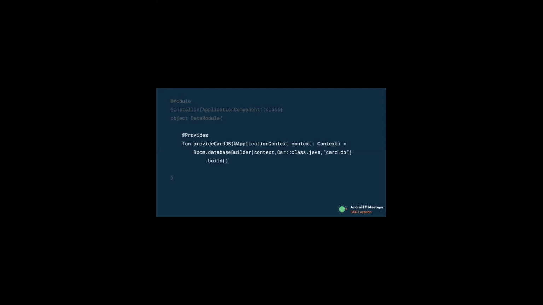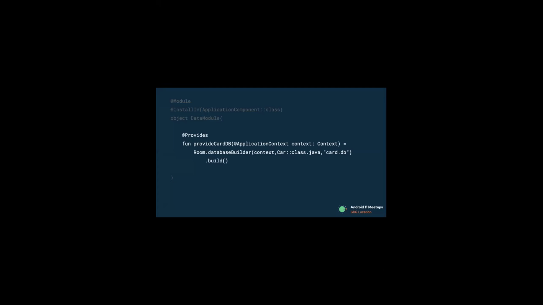Also, dependencies that you provide in a Hilt module are available in all generated components that are associated with the Android class where you install the Hilt module. In this case, by default, each activity will have a different instance of the database.